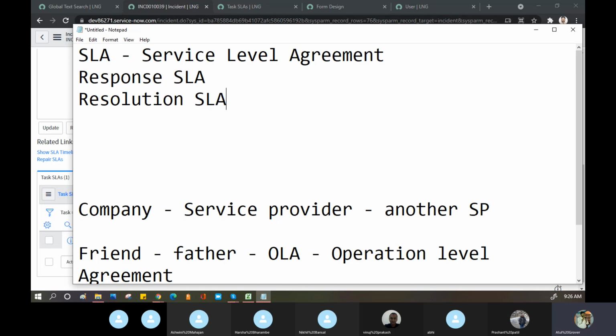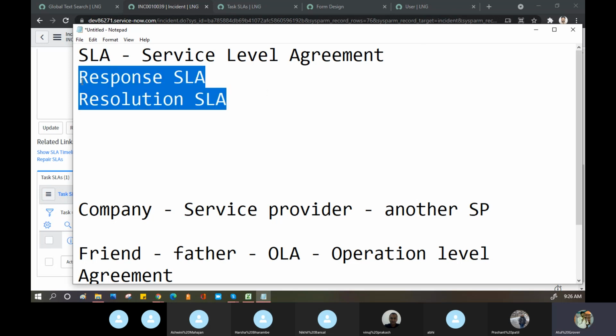It means in 2 hours, I need to give a resolution or to guide Aishwarya about the problem statement. The complete IT work runs on these two fundamentals, response and resolution.